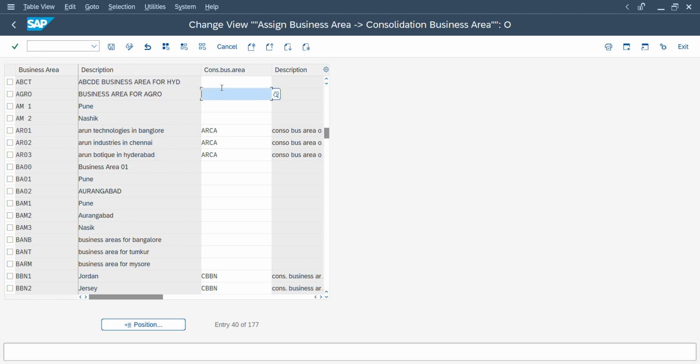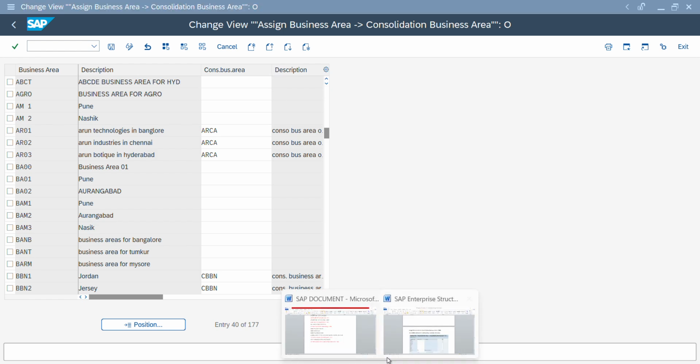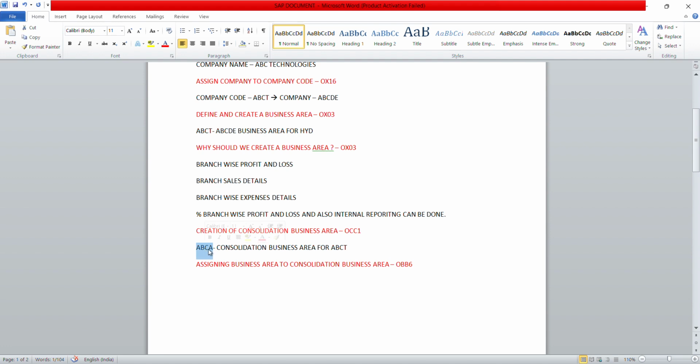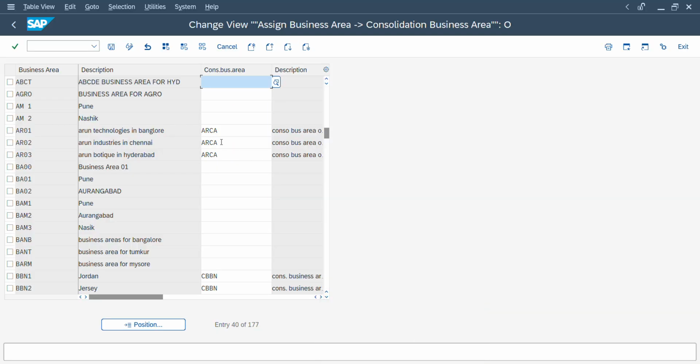Then here you need to give ABCA. This is the consolidation business area for the business area ABCT. So now you need to give ABCA. Here you could see in the description, consolidation business area for ABCT. Click on that, click on save,